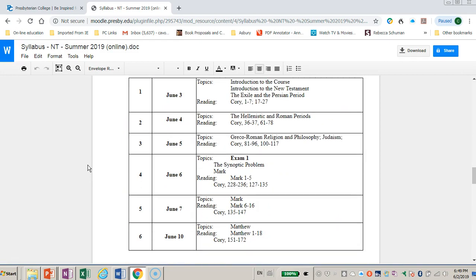And then from there we go down to the course schedule and a summary of what's going to be happening on each day. Again, what is in this part of the syllabus does not tell you everything you need to do on that day. The assignments are not there. It just summarizes the topics and the reading. The written assignments, the quizzes, and the tests are all going to be explained in the modules themselves within Moodle and in the introduction that I offer to each day.